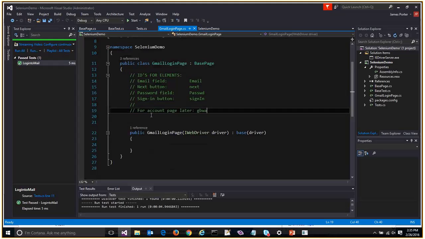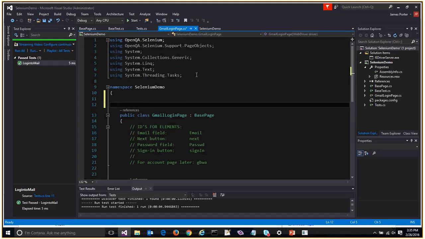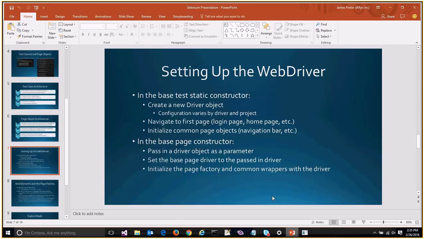So what I'm going to do is, oh, we should talk about page factory at this point. Let's talk about finding elements. To do anything with your page objects,